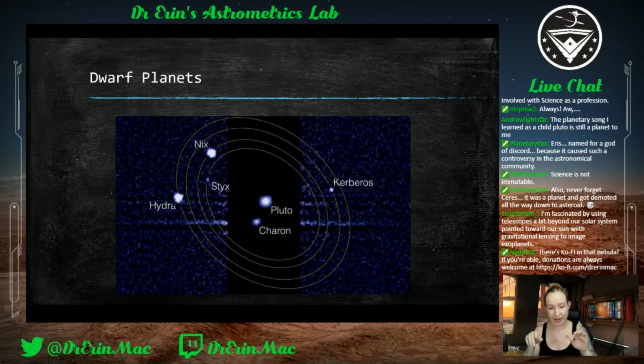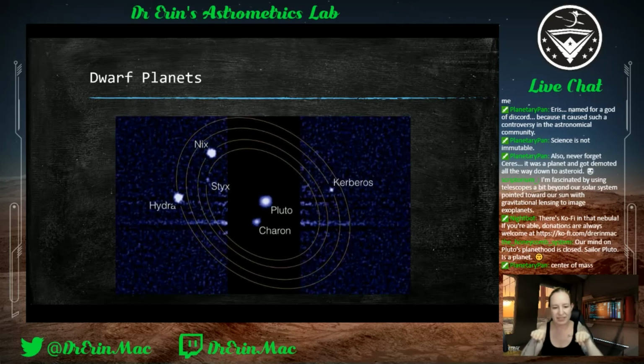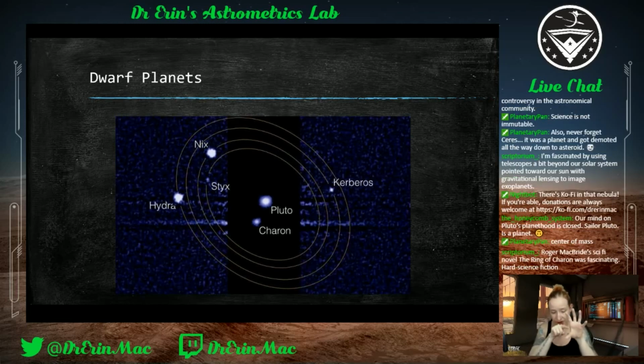The way to think about it is if you were to put them on a scale, the scale balance is going to fall somewhere between them. Their gravitational equilibrium, center of mass, is outside of the surface of these other planets, of these other companions. Whereas with the planets and their moons, if you put even Earth and the moon on a scale, the gravitational equilibrium is going to be under Earth's surface. It's going to be on the Earth, or within the Earth.